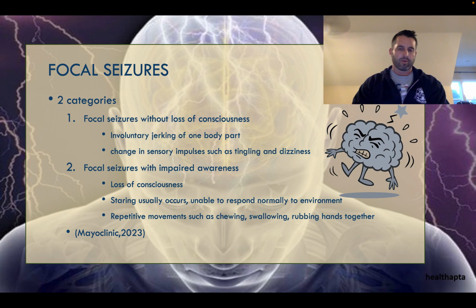What's associated with both of these is that patients have reported what's called an aura, which is an early warning sign that a seizure is possibly going to happen. This can happen with both generalized and focal seizures. The aura could be a weird smell, a ring in their vision, or tasting something different. That aura gives them an idea that they're possibly going to have a seizure.